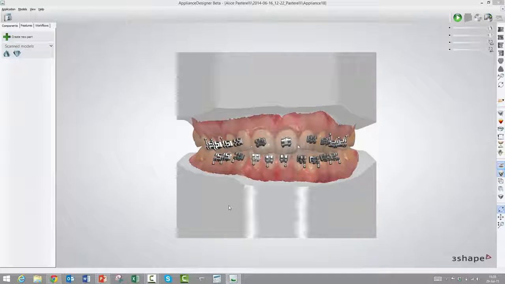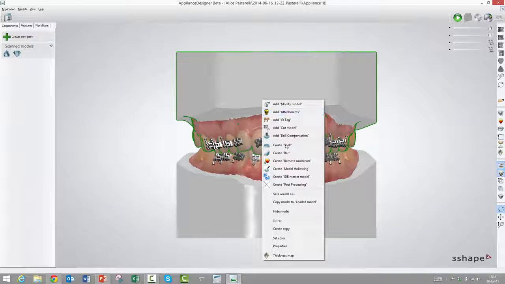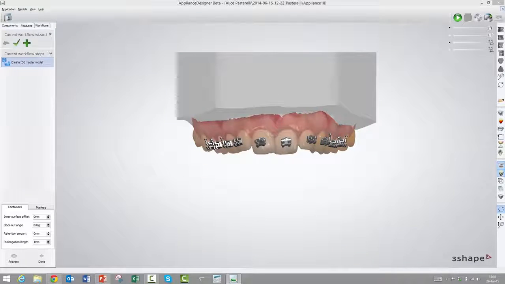So now we need to make some transfer media, and we will start with the basic approach as used today in indirect bonding, where we generate a model that you vacuum press on top of. Okay, so you just right click here and choose master model. Yeah. If we start with the upper, right click and choose indirect bonding master model, and we will press OK. We could change the colors and all the usual settings that users are used to from Appliance Designer. Right.